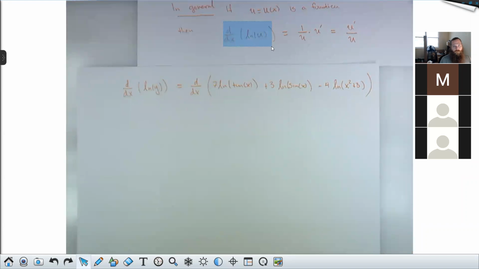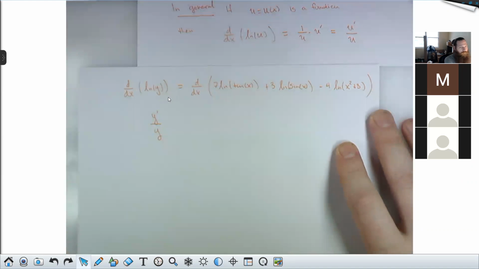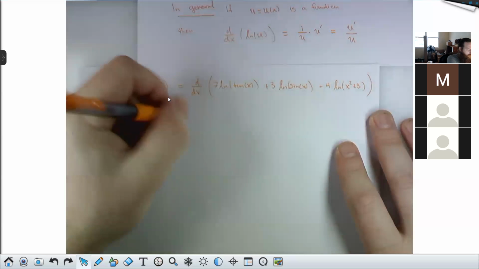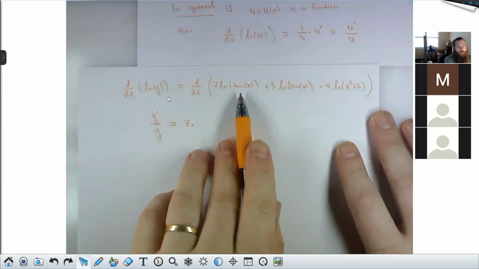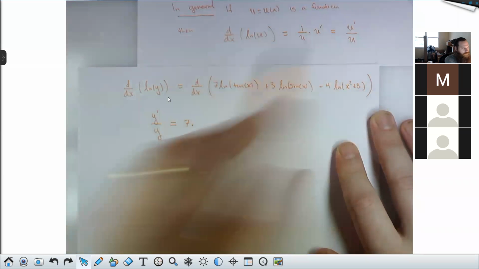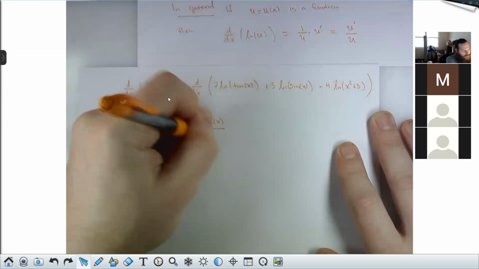So how do you differentiate the natural log of something? Well, it's that something primed over that something. So on the left-hand side, the derivative d dx of the natural log of y, that's y primed over y. And on the right-hand side, this is going to be 7 times the derivative of ln tangent. Well, the derivative of the ln of tangent should be the derivative of tangent over tangent. That's secant squared of x over tangent x